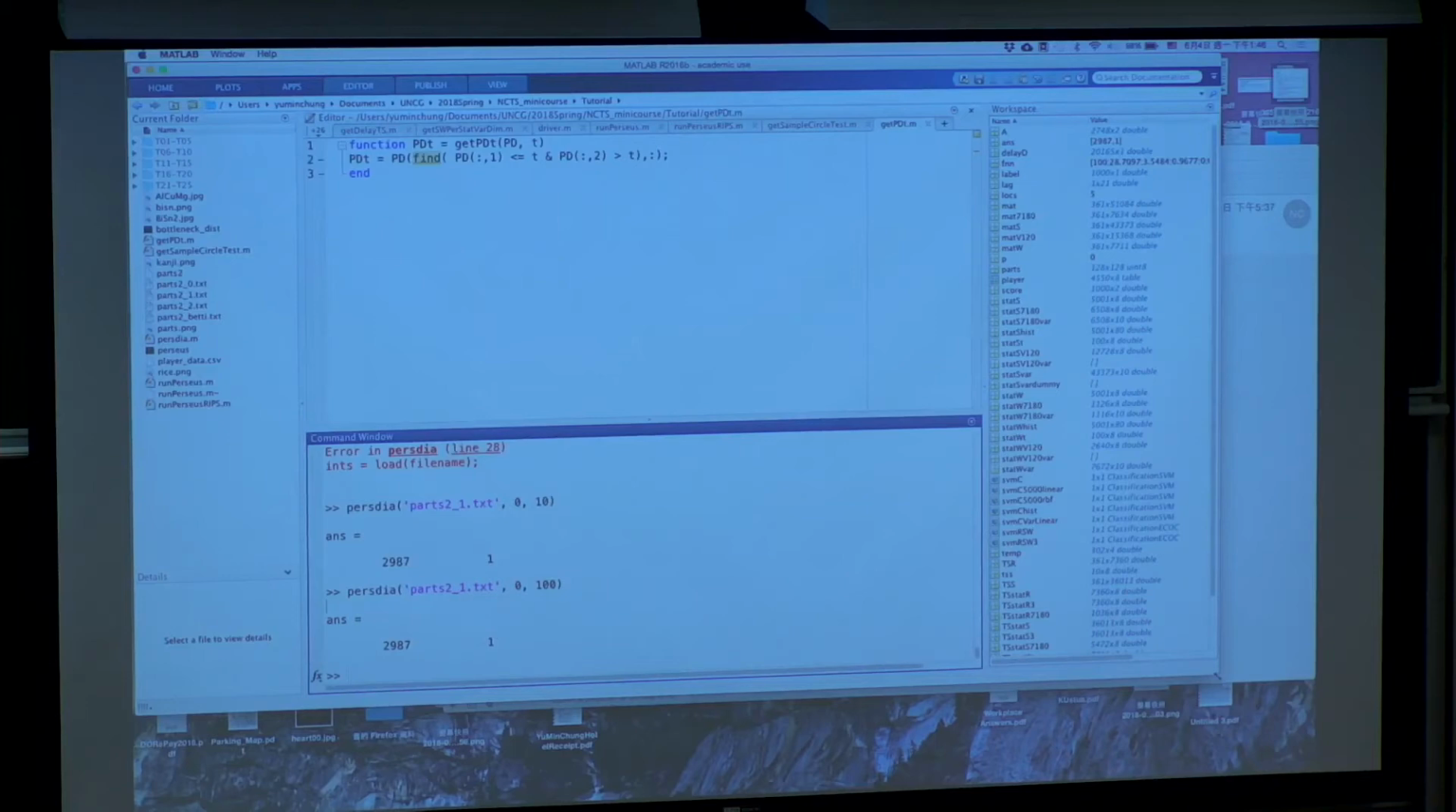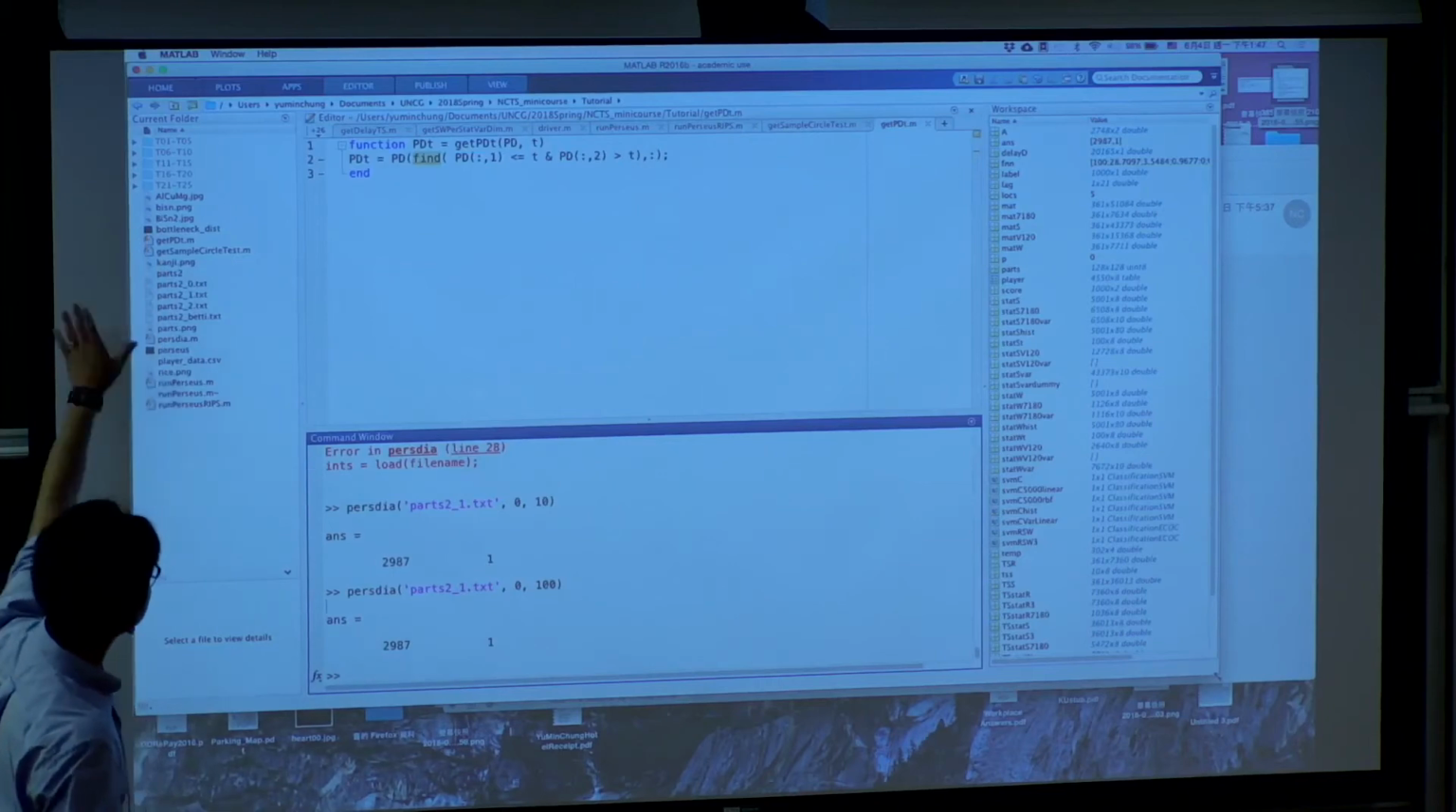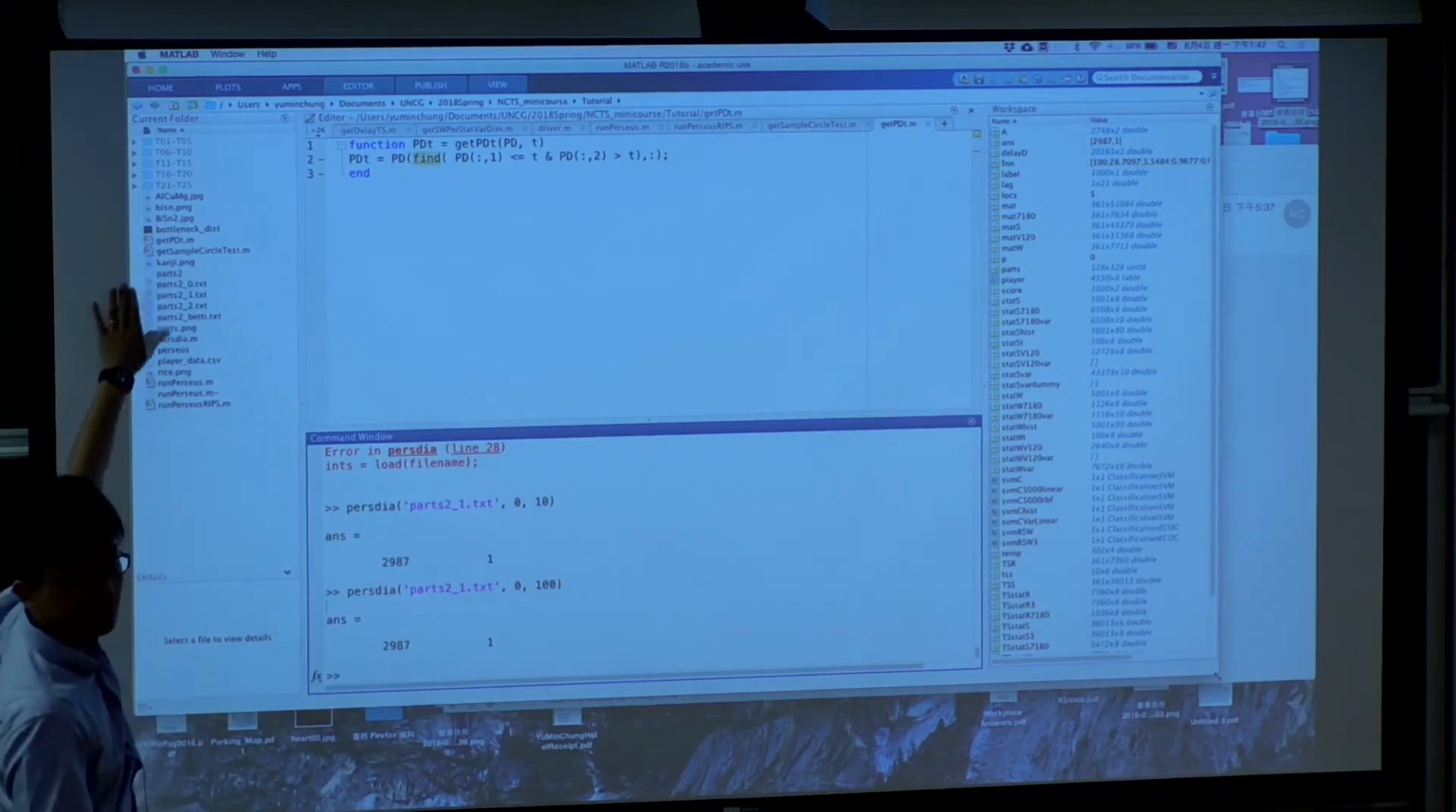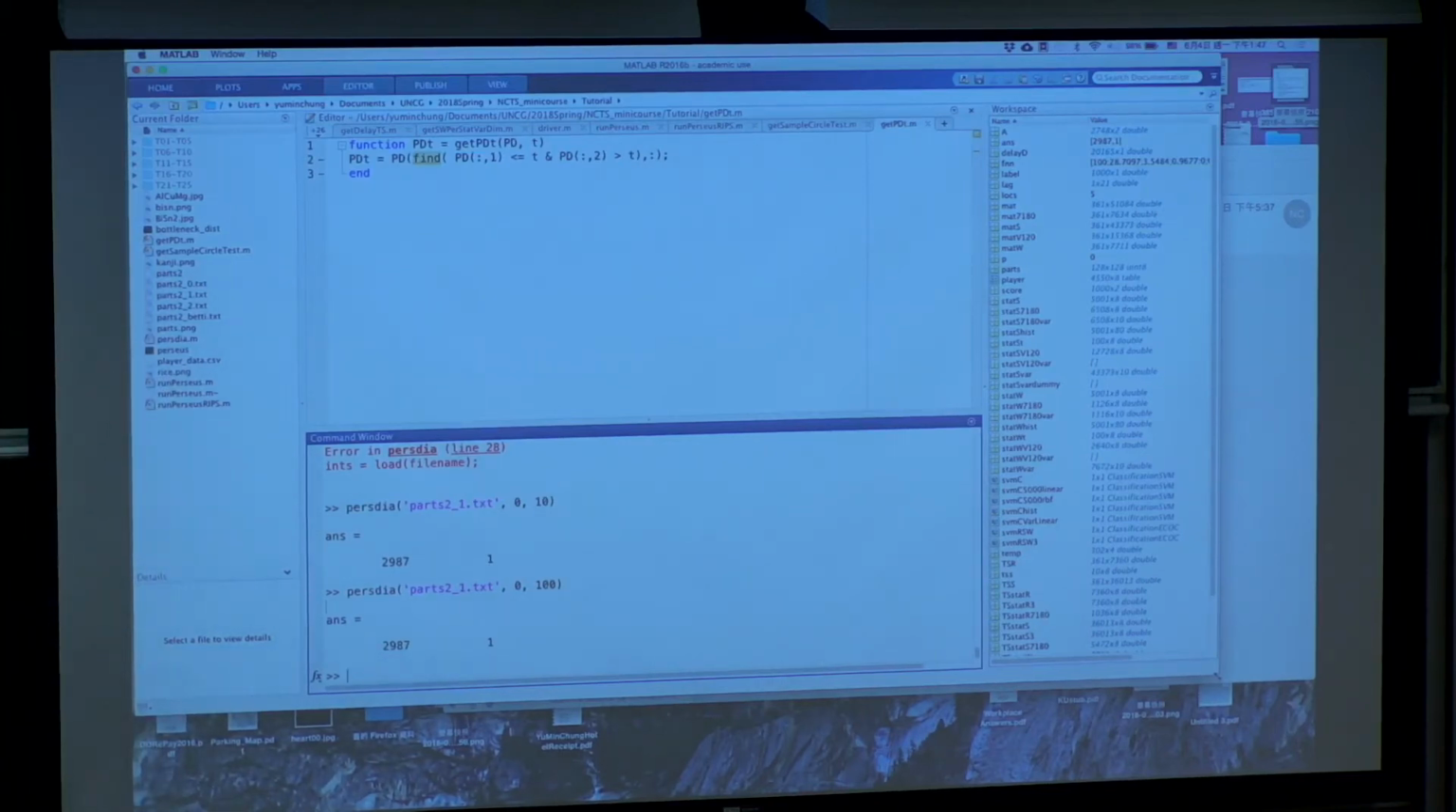So the next step, I want you to open MATLAB and then go to the folder where you downloaded all the files. So it's currently in this folder. So you download everything. Okay,